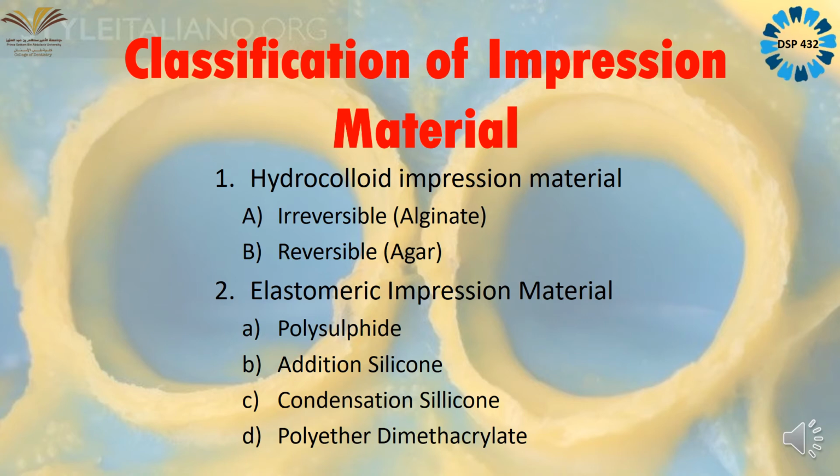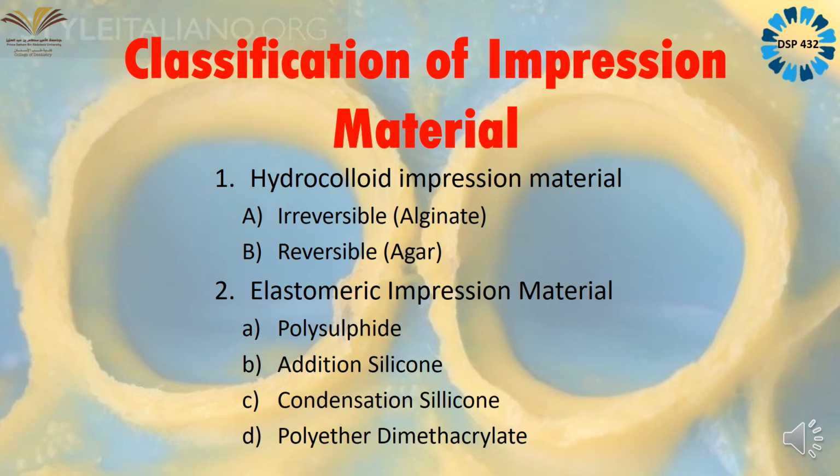As per what is mentioned on your packet, you have to mix the alginate in a figure of 8, so that all the powder will incorporate into the water, and then rub against the wall of your rubber bowl, so that all the air bubbles will be removed from the alginate, and then your mixing time is done. Then starts your working time. Working time means the moment you start loading the tray with the help of your alginate. Once you load the tray properly, then you have to place the tray inside the oral cavity and wait till it sets. That is your setting time.